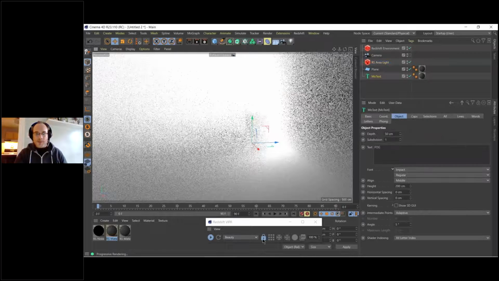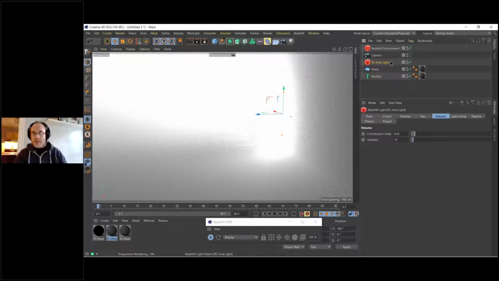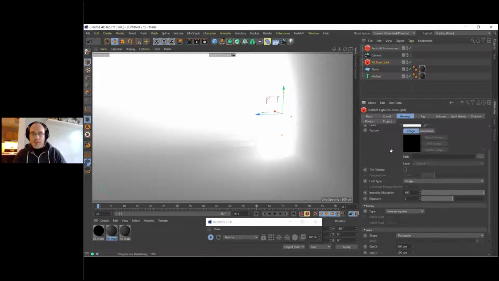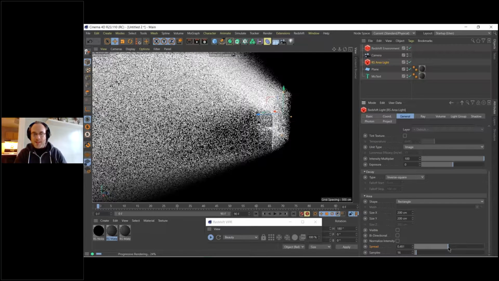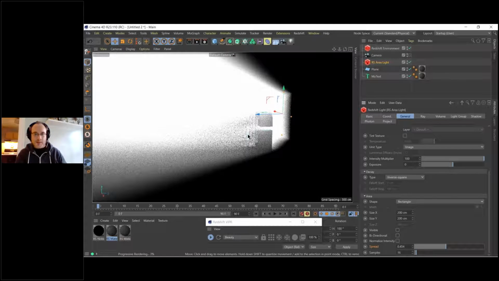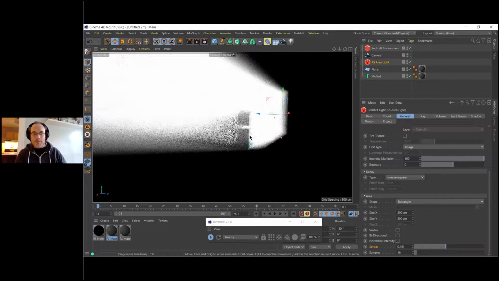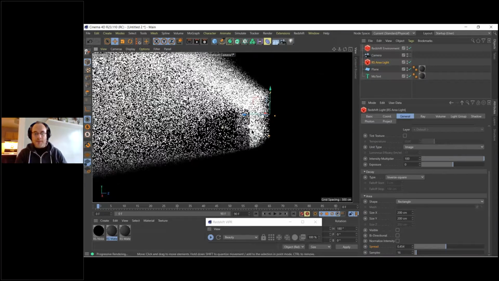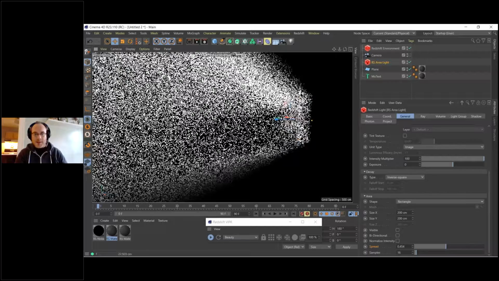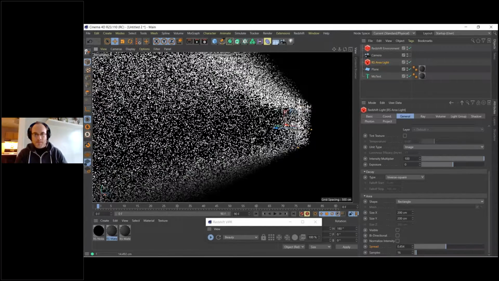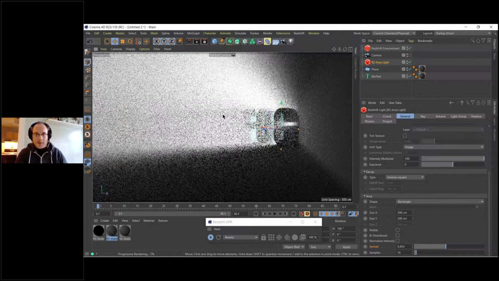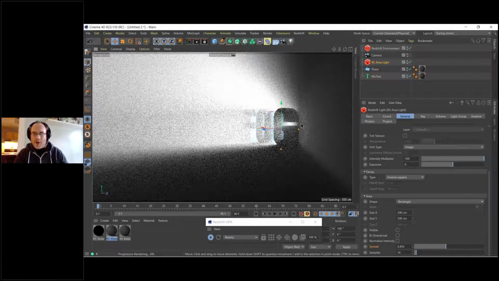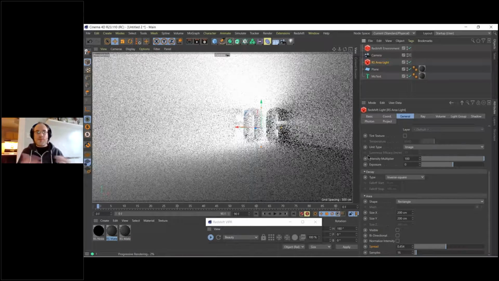So let's unlock the camera. And another thing is the Redshift area light has a spread. And right now this is basically like 180 degrees. If I bring this in, it narrows it. So we have a more narrow spread of that light, which I like. Let's bring it down a little closer to the text. There we go. And now one of the problems I have with this is that this fog is